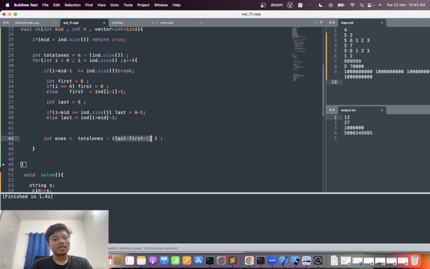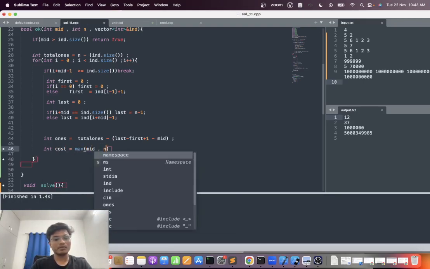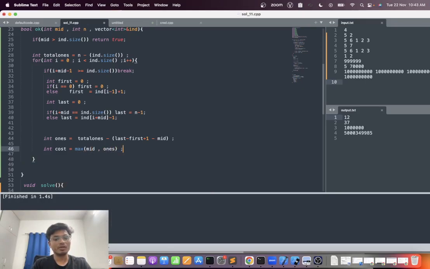So this is the total number of elements in the subarray, taking the subarray from first to last, and the number of zeros in this is mid. And so the cost will be the cost of the current subarray, int cost is equal to the maximum of the number of zeros and the number of ones removed. And if the cost is less than mid,